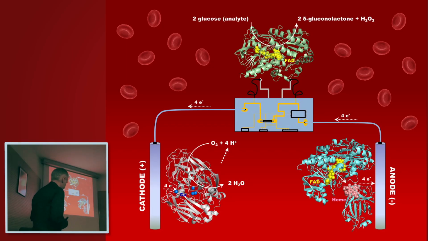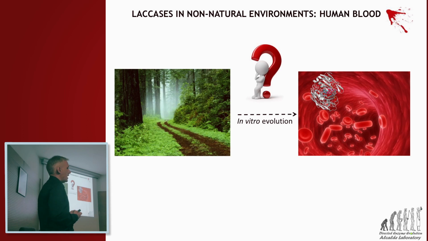So the idea of a laccase in human blood is interesting because high redox potential laccases belong to the exclusive group of oxidoreductases that can accept electrons directly from a cathodic compartment. So if we attach the laccase, if we immobilize the laccase in the cathodic compartment of a biofuel cell, we can power the whole device. And here we have a biosensor for the detection of different metabolites in human beings. So the final goal of this project was actually to create a 3D nanobio device for the detection of different metabolites in human beings. But the question which is arising here is whether a laccase can work in human blood,